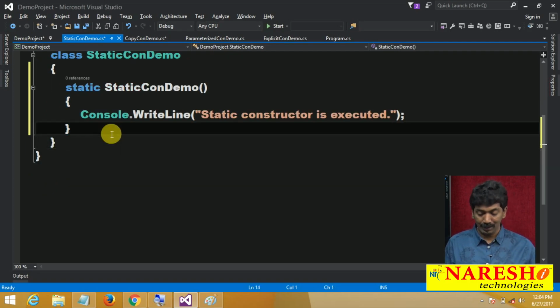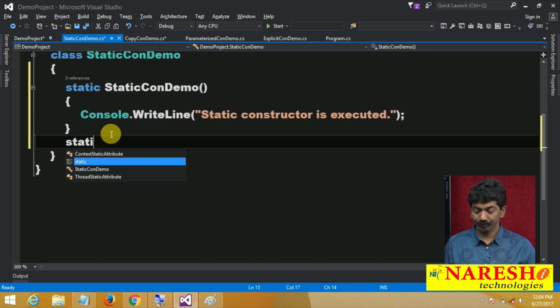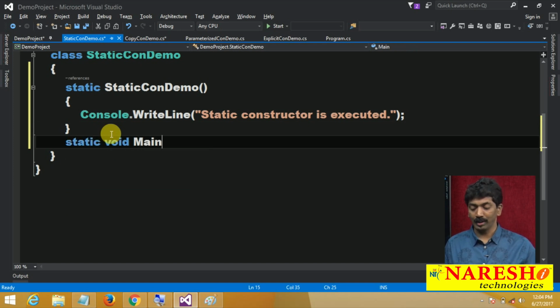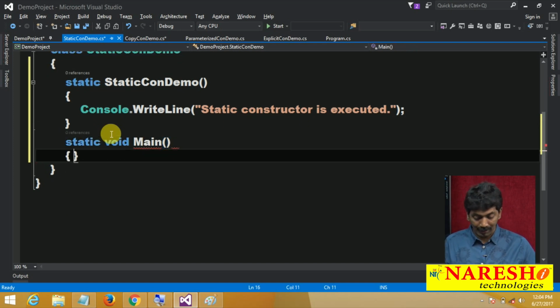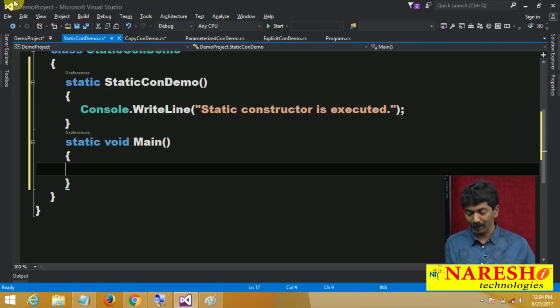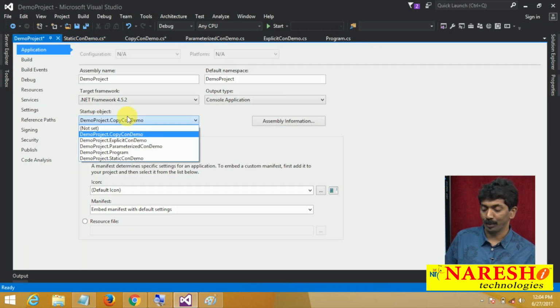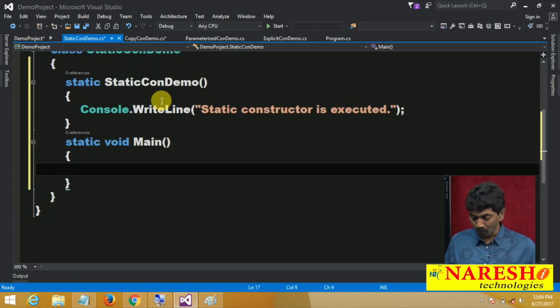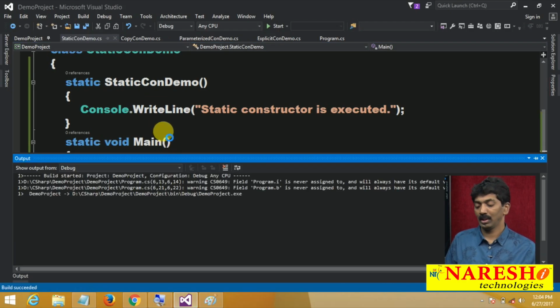Let us add a main method into the class, static void main. Don't write any code at all, but just simply let us set the startup object and run the code using Control F5 and watch.